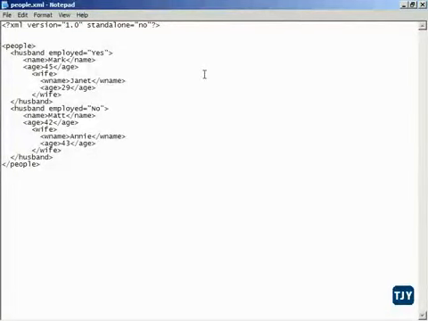Let's take a look at creating the two types of namespaces, default and explicit. First up, let me create a default namespace for this XML document. Now, this is our same little XML people husband document that we've been using all along. But notice if I get in the root tag here and put xmlns equals